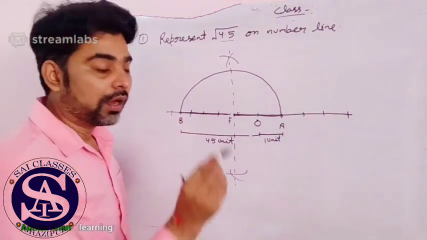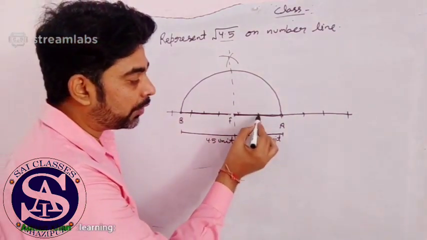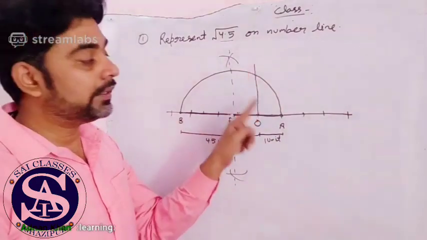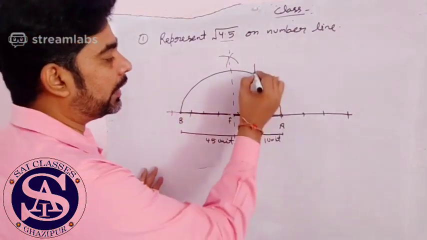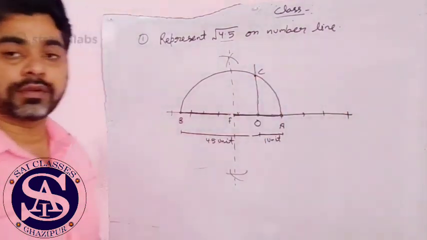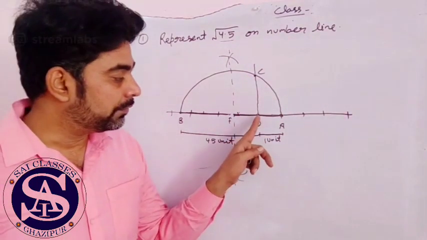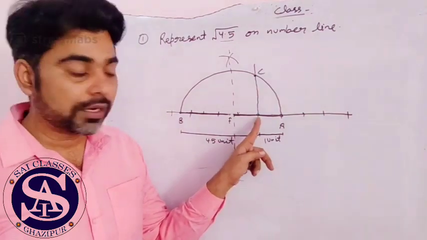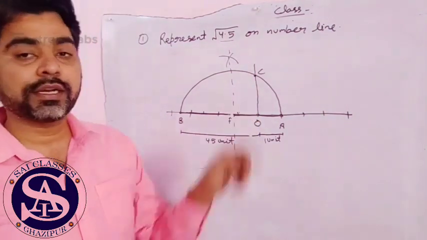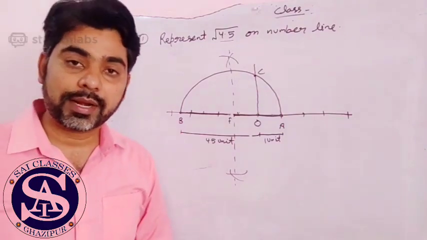Now we will draw a perpendicular line from O. The perpendicular line intersects the semicircle at a point, let's say C. Right? We will draw a perpendicular line at point O and let it intersect the semicircle at point